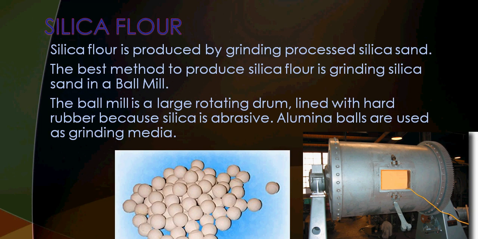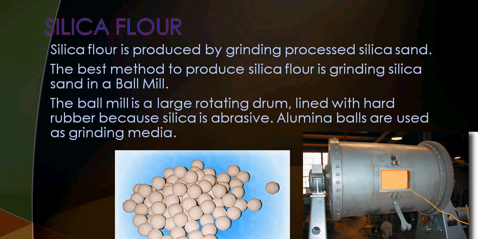Although silica flour is not my topic, I want to make it clear that silica flour is produced from processed sand. We cannot just dig the sand and grind it and produce silica flour. It will be a very dirty product. There will be iron there. So the color of the silica flour will be reddish brown or brick red. So for high tech, high value applications,